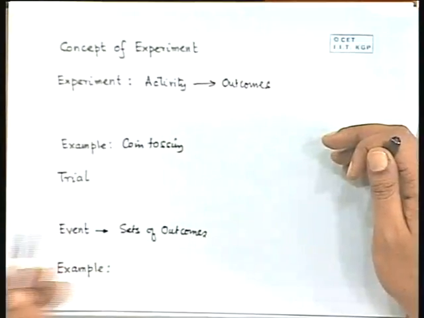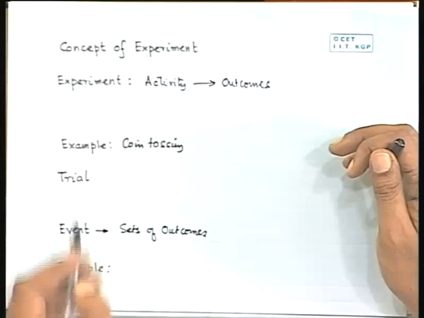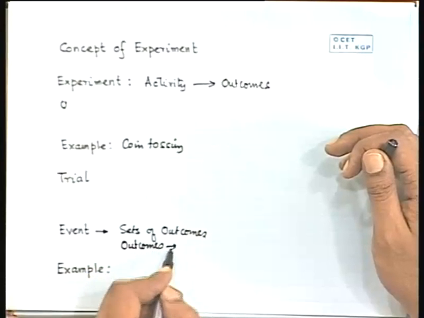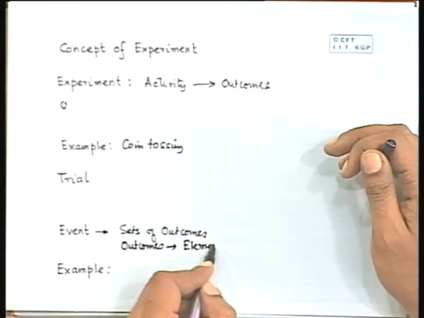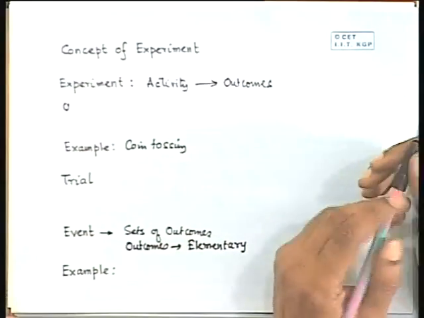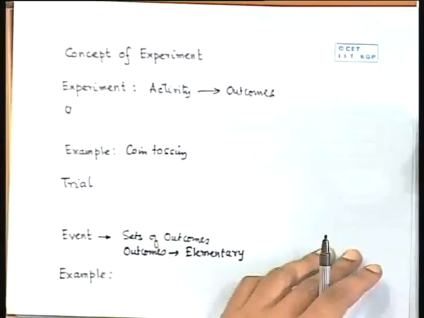Okay? So in general, an outcome may not be the lowest level thing that can happen. It can also be subsets of possible outcomes or events. So basically events are sets of outcomes. And sometimes we say that outcomes are elementary events. We can also say that. Elementary events. So they are the set of distinct things that can happen. Right? So this is terminology.